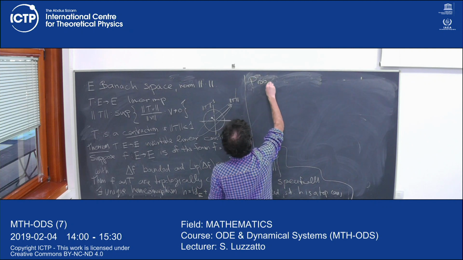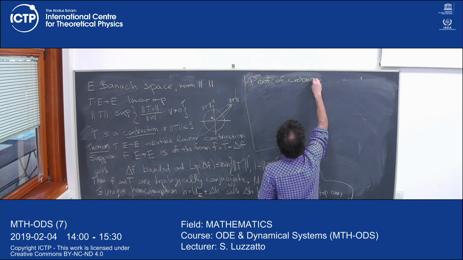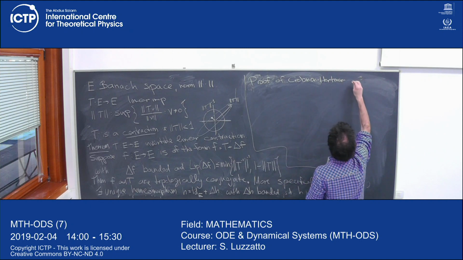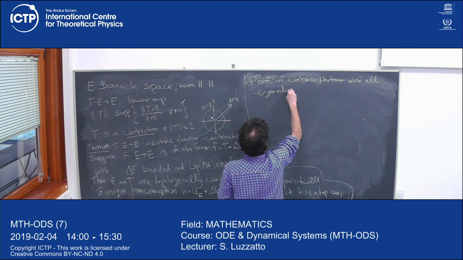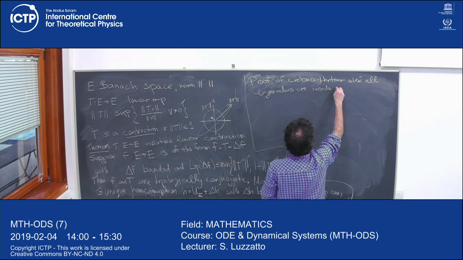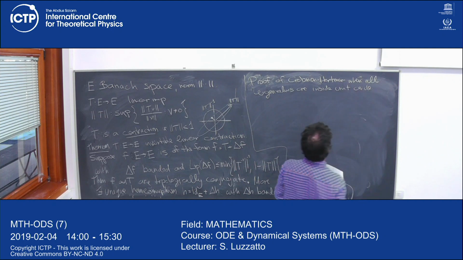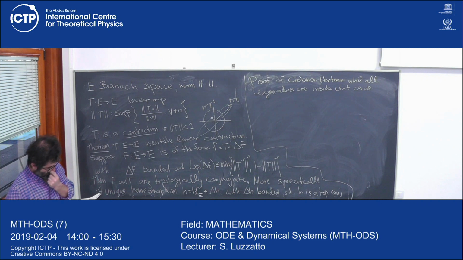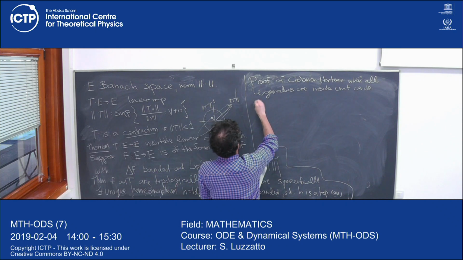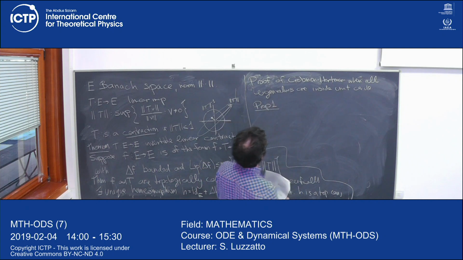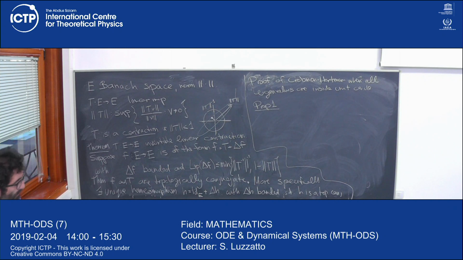So, proof of Grobman-Hartman when all eigenvalues are inside the unit circle. We're going to split it into two propositions. Let me write this proposition first. Proposition 1: if A is a linear map with all eigenvalues inside the unit circle,